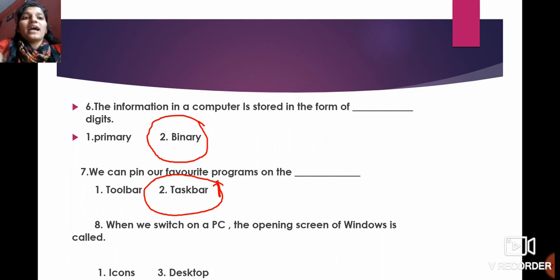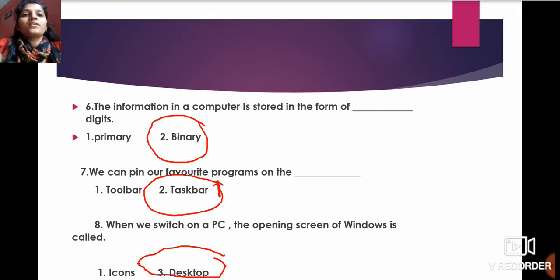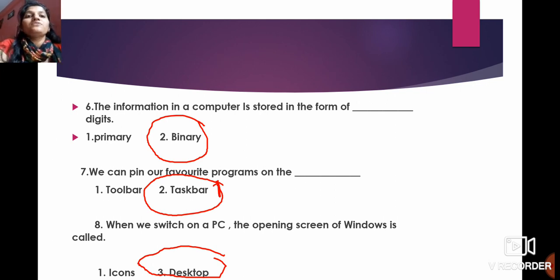That screen is known as icons? No, it is desktop. Icons are present on the desktop, but the desktop is the opening screen of Windows when we switch on a PC.